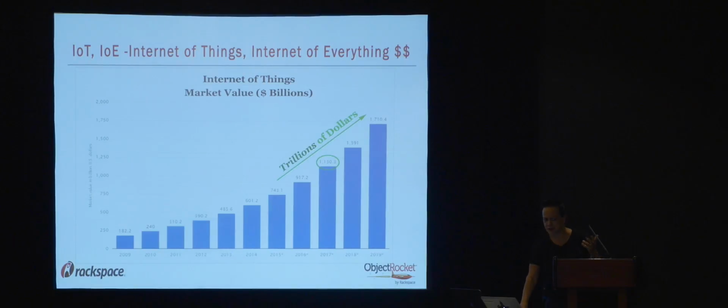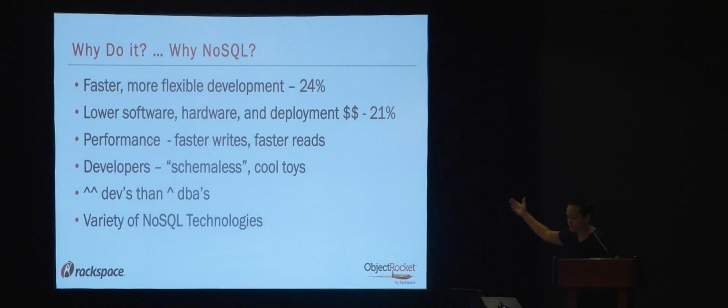So why do you make the change? Why go NoSQL, right? Faster, more flexible development. So this is from a poll. Why do most companies want to utilize NoSQL as opposed to other data text? Faster, more flexible developers. As a DBA, this was one of the biggest things. This actually was one of the reasons why I made the switch as well from a traditional RDBMS DBA, because